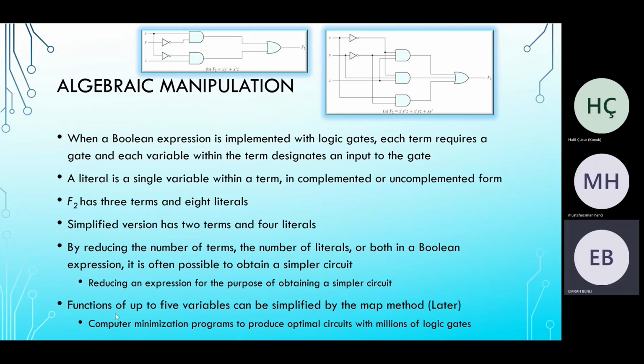So we can simplify this expression by using a map method. We will see it later, not now. But with that method, we can go up to 5 variables. So if we have more than that, like as you can see in our